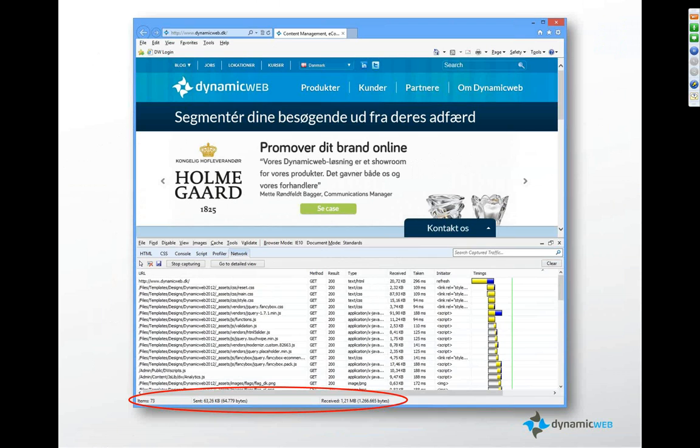So let's have a look at our own website, Dynamicweb. I'm using the built-in tools, the developer toolbar that's available in Internet Explorer 9 and 10. You have similar tools in Chrome and Firefox. I'm using this one. And one of the things I'm going to spend a little time on with this performance thing is, if we take a look at this page, the performance is a lot of things. First of all, we see the first line calling Dynamicweb. We have a generation time of